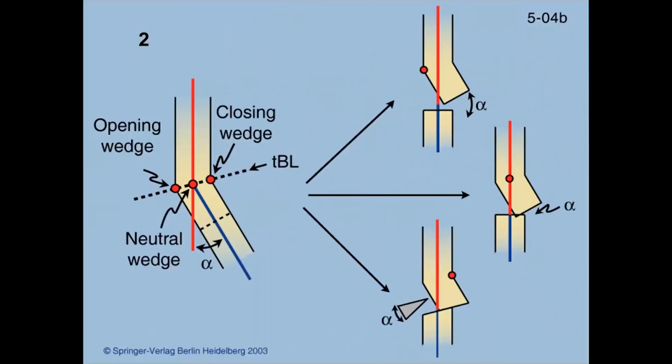Rule 2 is also a good rule, but what happens if you can't cut the bone at the CORA, or the apex? You have to cut it at a different location, and that's shown here. You can do opening wedge, closing wedge, or neutral wedge. And so this is sometimes necessary,